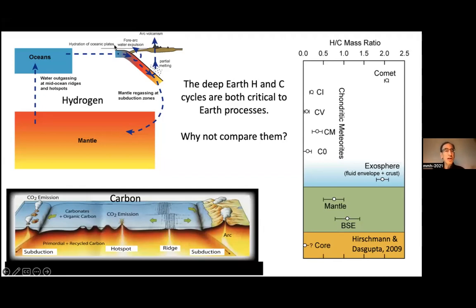And two things came out of this comparison that have driven a huge amount of what I've been interested in and have worked on in the ensuing years. So this is a plot against nothing. Actually, there's nothing on the y-axis, but it's the hydrogen-carbon mass ratios of a number of important reservoirs. And the first thing that jumped out was that the hydrogen-carbon reservoir of the exosphere, being all the fluid envelopes plus the crust, is significantly higher than that of Earth's interior. And so this was a surprise that required some understanding, and I'll talk some about that.